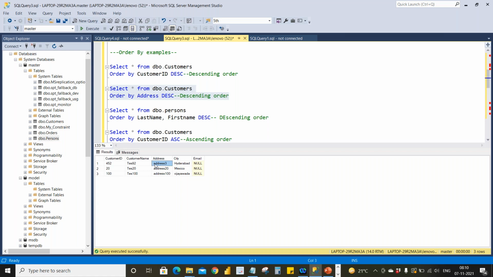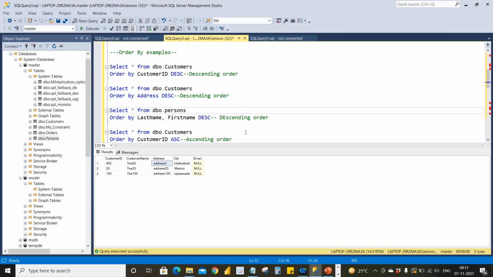If you see the address, every column has a similar value until that, and after that we have a number: 3 in the first row, 2 in the second row, and 1 in the third row. It will take 3 as the largest number, so first it will display the address 3, and then address 20, and then 100. It sorts bit by bit, if you understand.